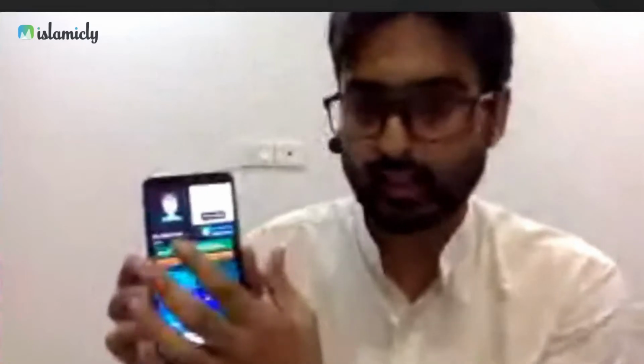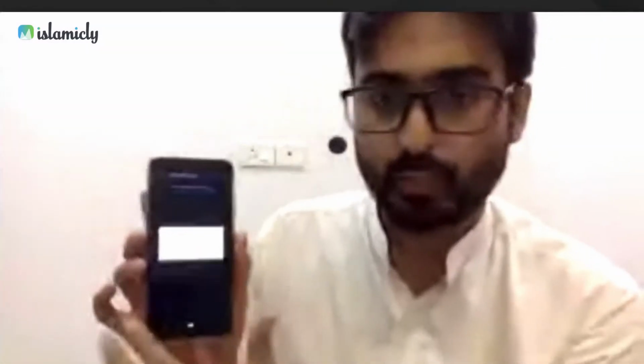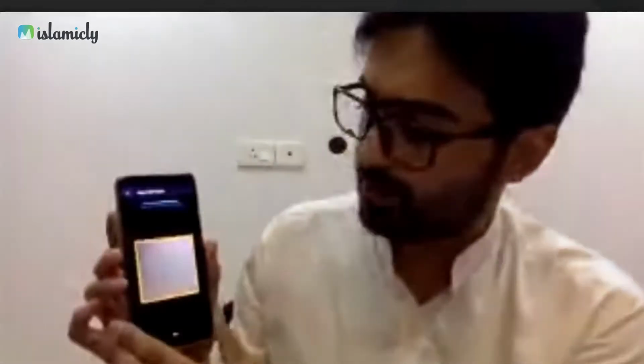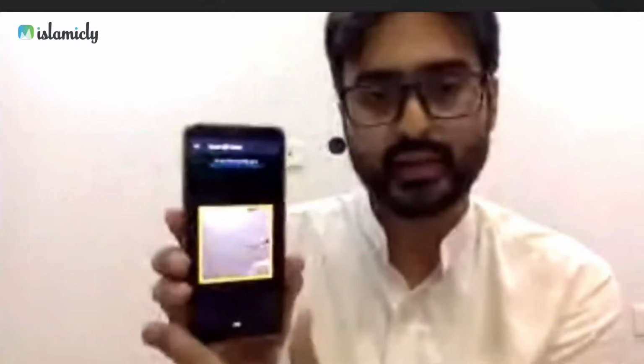Very, very simply, if you go to your profile section over here and click on login to Islamically Web, it opens up. You hit allow taking pictures. It opens up a QR scan reader. You just have to take this and scan it on your computer. It should be able to log you in. That's one way of logging in. If you don't want to do that, you can log in using a username and password as well.